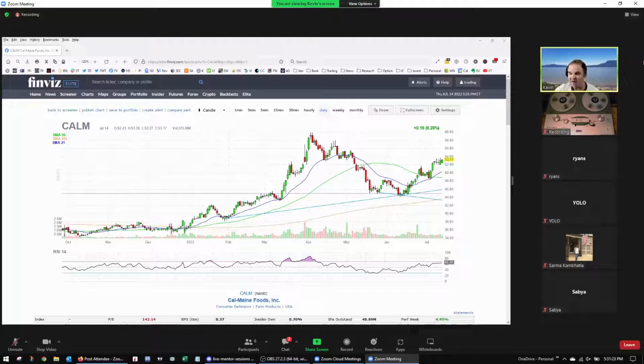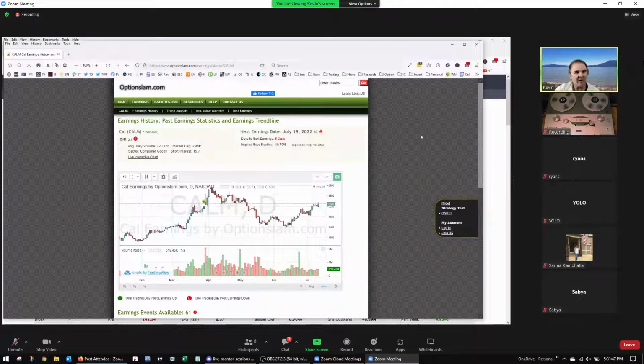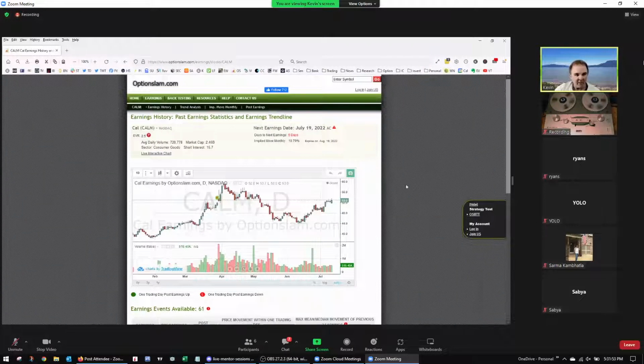What we need to do next is figure out what the market makers think this is going to do. A really easy way to do that is to go to one of my favorite little sites, another free site, and it'll quickly give us the piece of information I'm looking for. I've shown you guys this site before, optionslam.com. I just brought up COM here, and if we look up at the top, it tells us when the earnings is, how many days to earnings, 5 days, and now here's the important part.